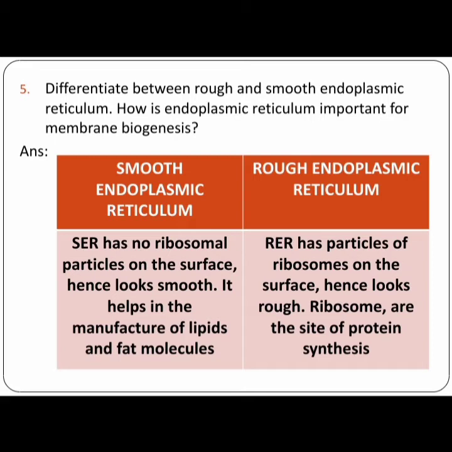Okay, so here smooth endoplasmic reticulum, shortly called SER, has no ribosomal particles. Since there are no ribosomal particles on their surface, it looks very smooth, and it helps in the manufacture of lipids and fat molecules. Okay, so what is it going to synthesize? It is going to help in the manufacture of lipids as well